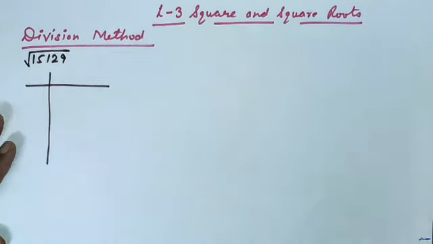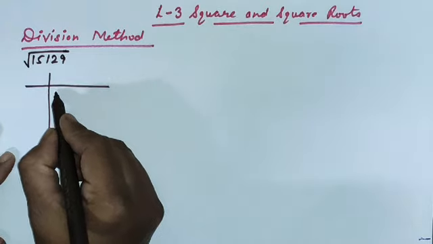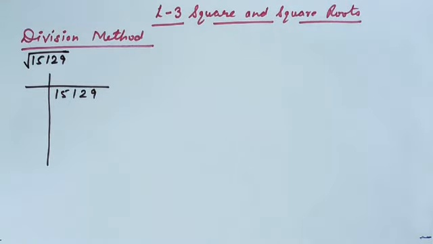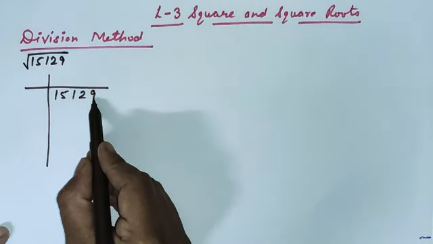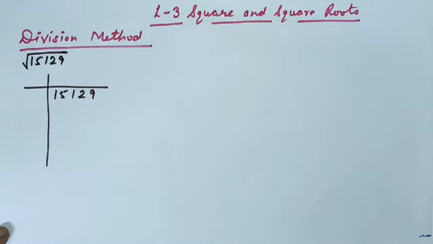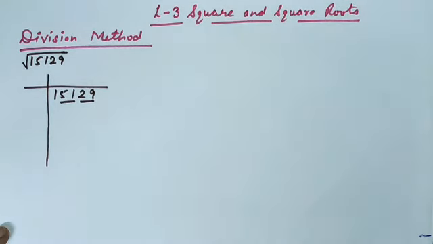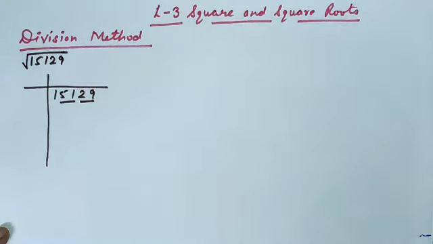So we will form it like this. Start the division by drawing these two lines, one vertical, one horizontal, and let me write the number here now, 15129. Now listen very carefully to the steps of finding the square root by the division method. From the right hand side, I will start making the pairs. Pairs means I will arrange the number in groups of 2. This is one pair, this is another pair. So 2 pairs are formed and one digit, which is 1, is not in a pair.